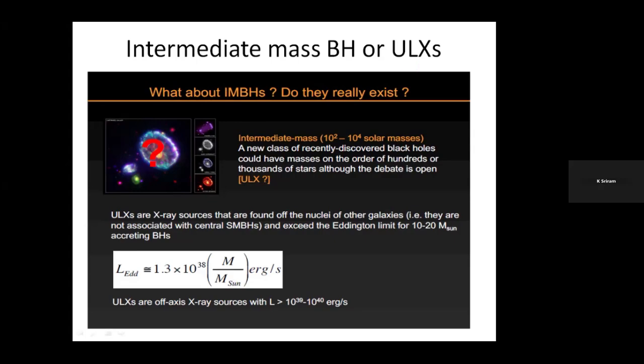Generally, these intermediate mass black holes are also known as ULXs, ultra luminous X-ray sources. Their luminosities are very, very high, 10 power 39 to 10 power 41. If you put these luminosities in the formula, you will see that they range from 100 to 10,000 solar mass black holes. Now the question is, where are they? Is there any observational evidence? Let me tell you, there is hardly any observational evidence which concretely says that there are intermediate mass black holes, but there is indirect evidence which I will show you.